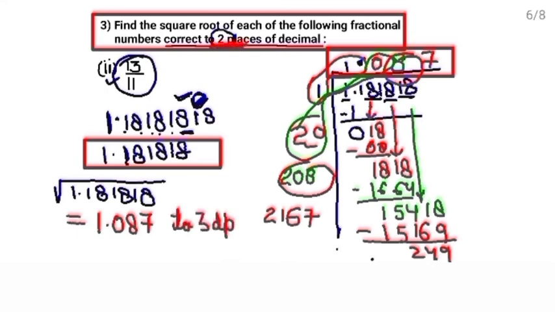But they asked the answer up to the 2 decimal place. So round off at this place. Check its right digit. Right digit is 7, which is greater than 5. So we will add 1 in this 8, and the 7 will be replaced by 0. So this will be 1.09. 8 plus 1 is 9. And in a decimal number, if you have 0 at the end, it doesn't make any change. So remove it. So this is 1.09 and this is your answer to the 2 decimal place.